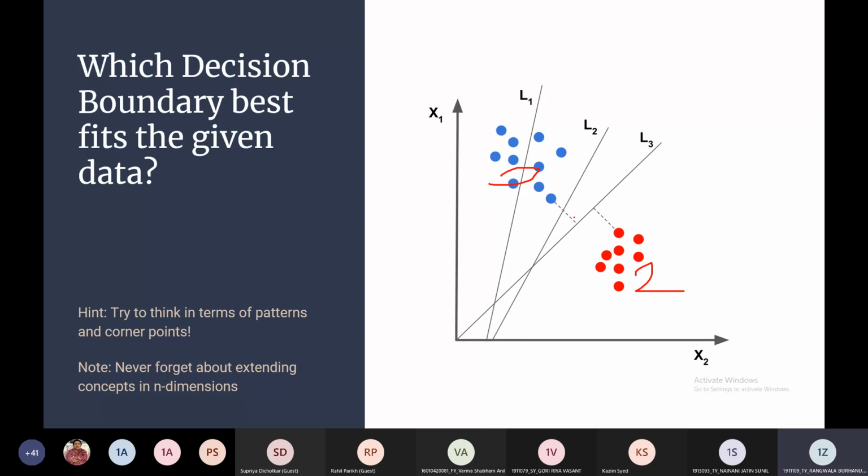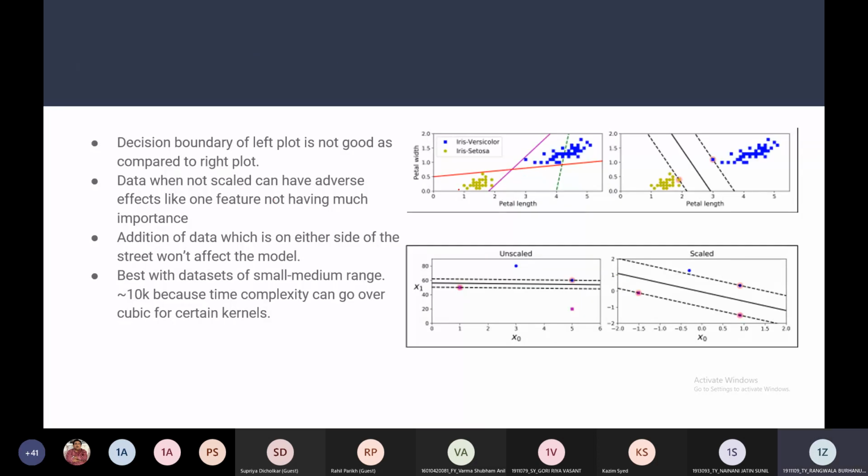Now, as you can see here, these are some other decision boundaries. On the left plot, the red, purple and green boundaries are actually not that great. They don't split it clearly, and even if they do, some instances are very close. So in generalization terms, it might not generalize so well. But on the right plot, you can see that the decision boundary is a dark line, and the dotted lines are the support vectors.